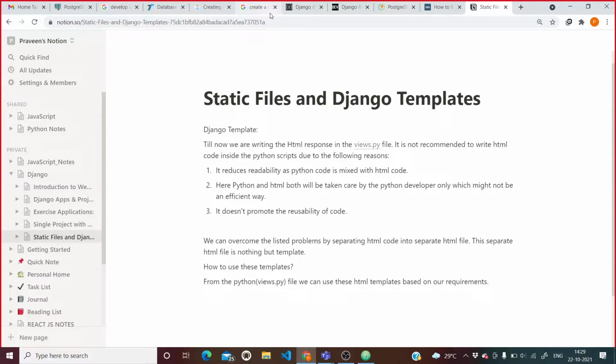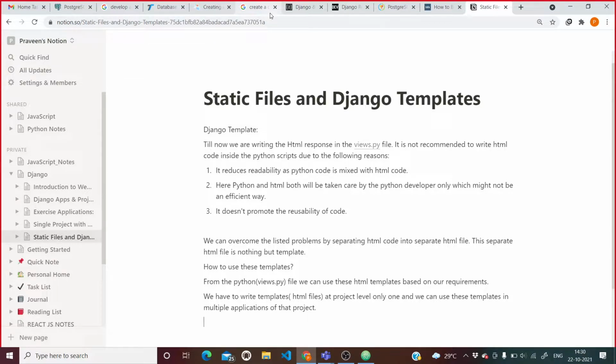Right now we will see that we write the templates, the HTML files, at project level only once, and we can use them in multiple applications of that project. Is it clear, guys?